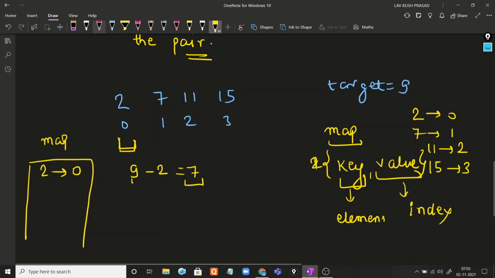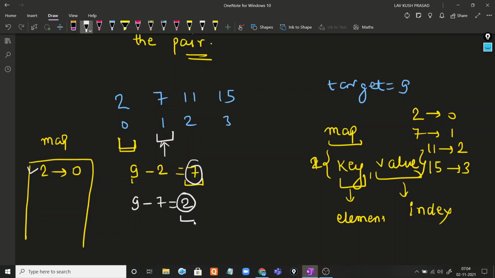Actually in this case 7 is not present in the map, so only 2 is present. Okay, so let's move to the next index. Here for the 7, we check 9 minus 7 is equal to 2, so we check whether 2 is present in the map or not, and we see that 2 is already present in the map.